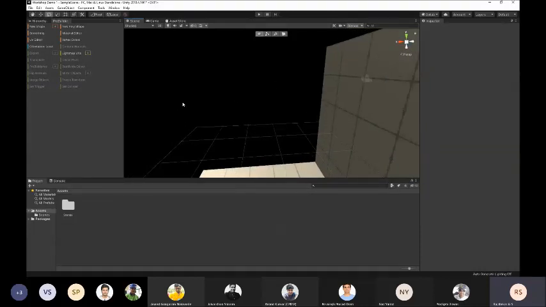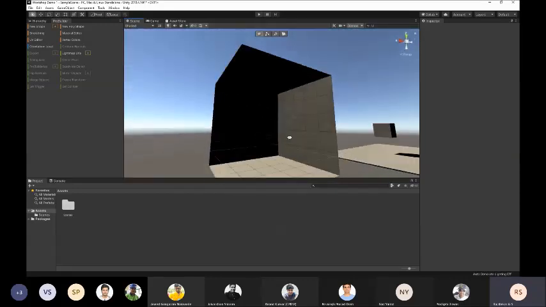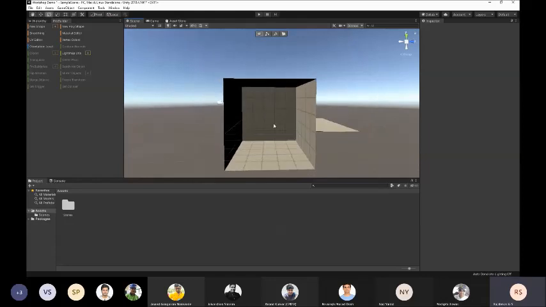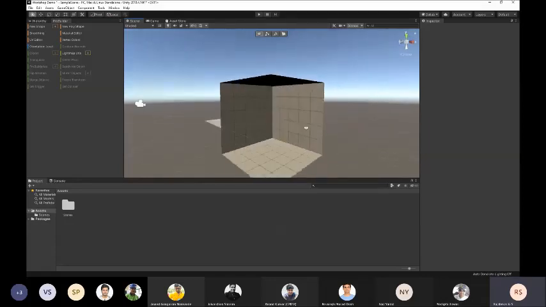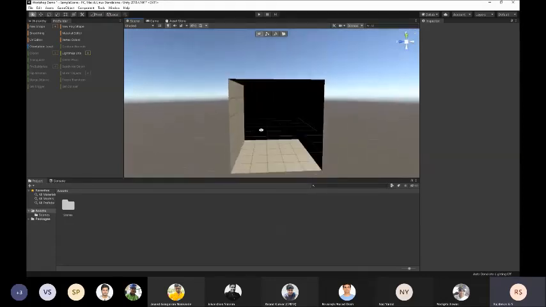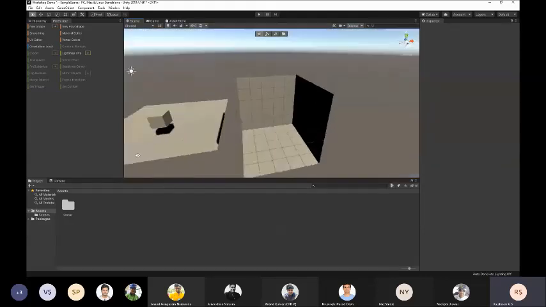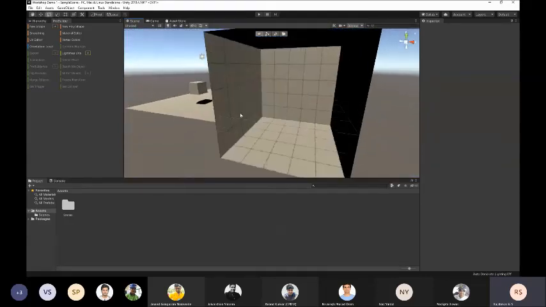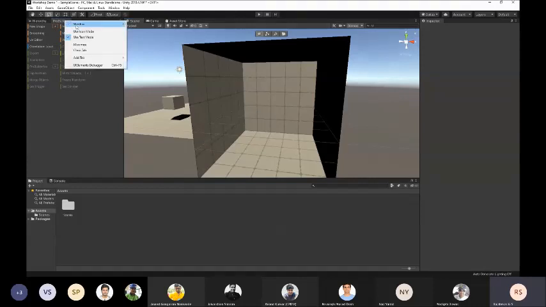Once we put a light, you'll be able to see these sides as well. As you move around the object, the side which you're facing becomes hollow. So you can easily see inside the room what's happening. So I'll just close this ProBuilder window because we don't need it anymore.